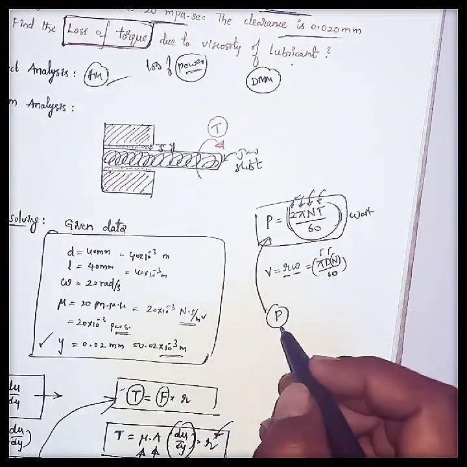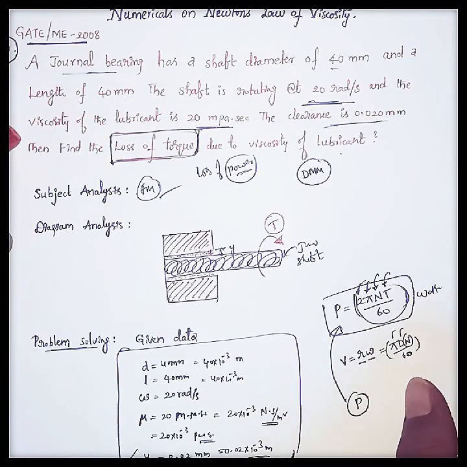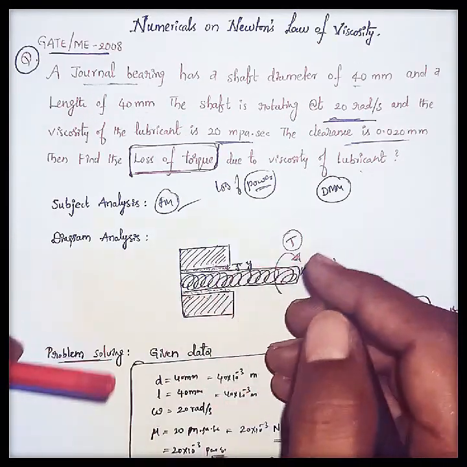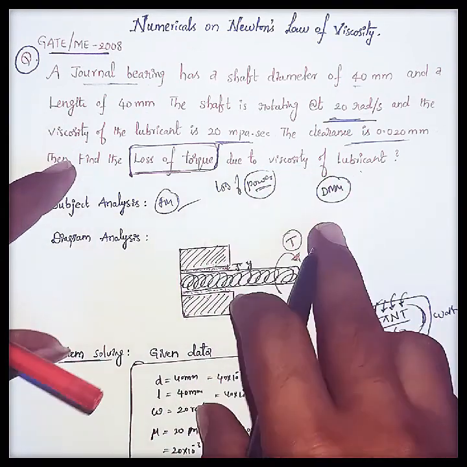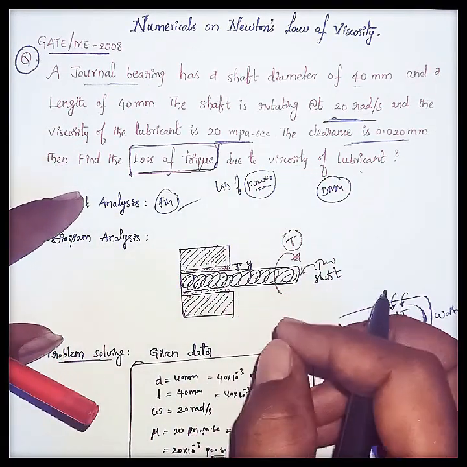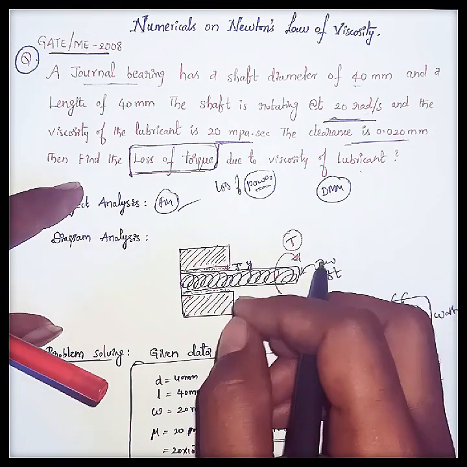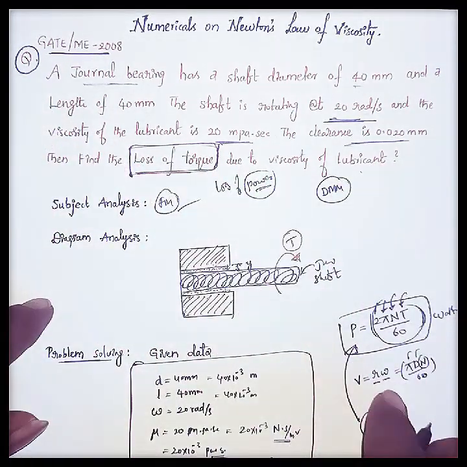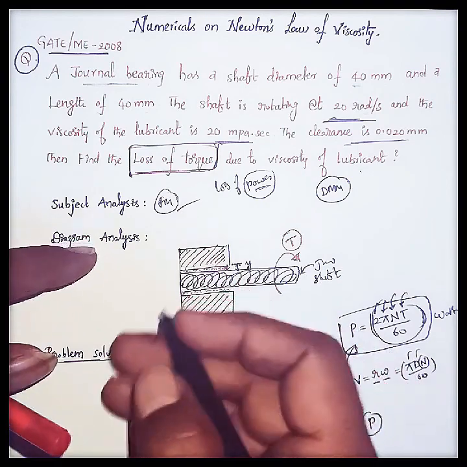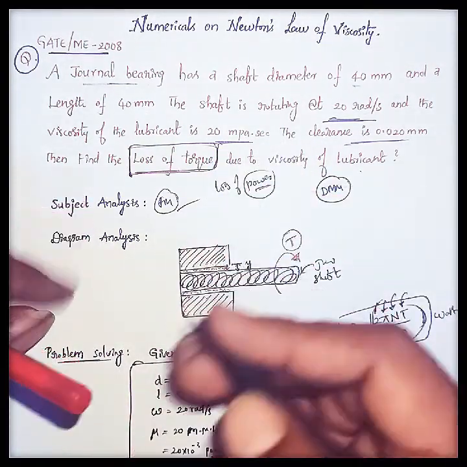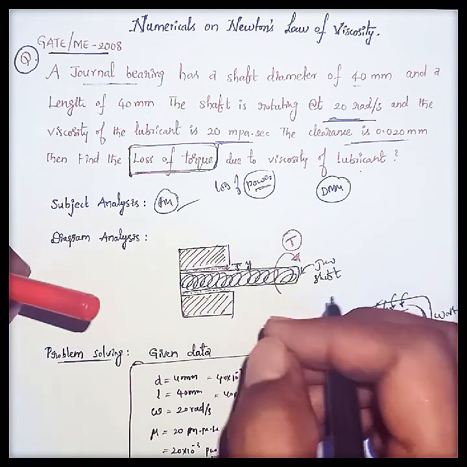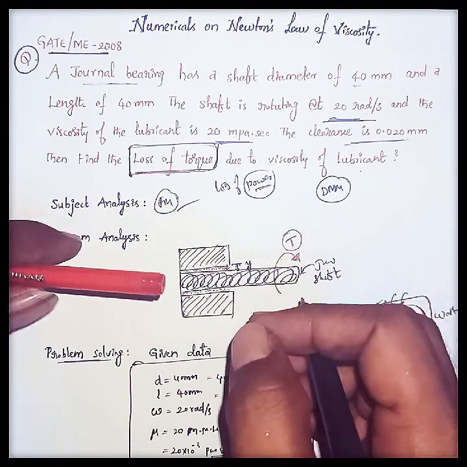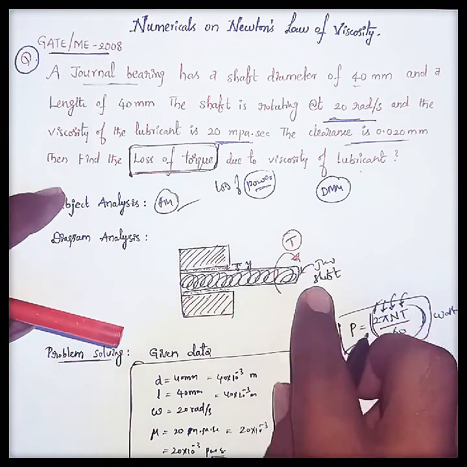This is the most important question from the first chapter, and this covers the total concept of numericals and Newton's law of viscosity. If a question comes from the first chapter in fluid mechanics, this is the only concept, and they will just change the data. The formula and calculation procedure is the same. I think you got the point very easily, how to solve this type of question. Please focus on this question.